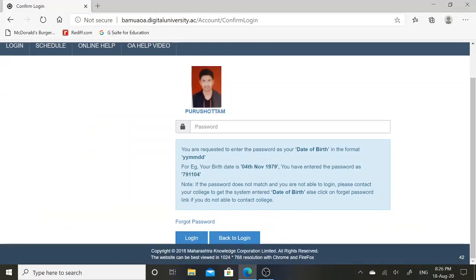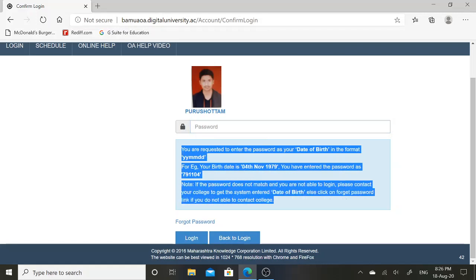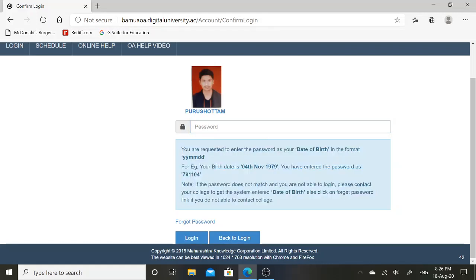Here you are supposed to enter the password in this text field. To enter a password, you need to read these instructions carefully. Your password will be your date of birth, which you need to enter in the format YYMMDD.